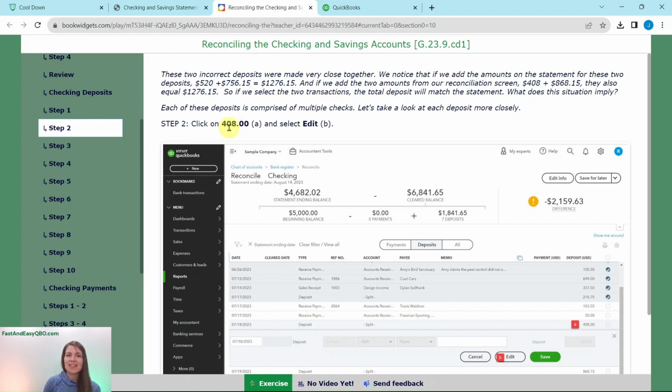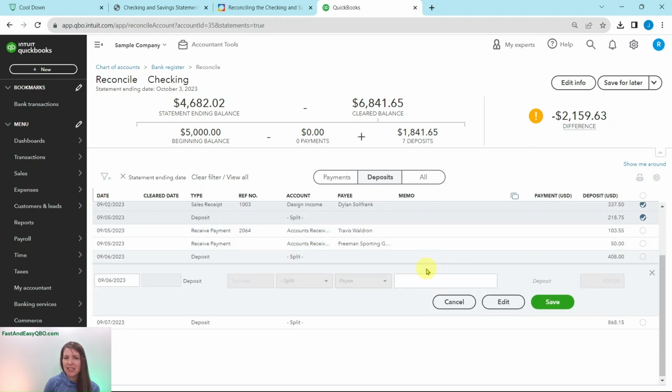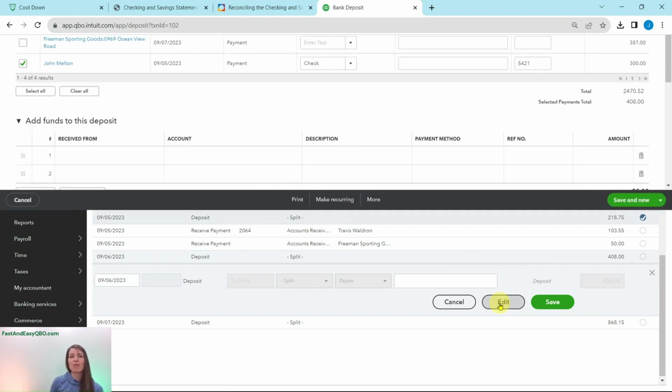First, we're going to click on the one that says 408 and then select Edit. So here is that 408 one. Click on that line there. Anywhere on that line is fine. And then click on the Edit button so that we can see a little more detail of what's going on